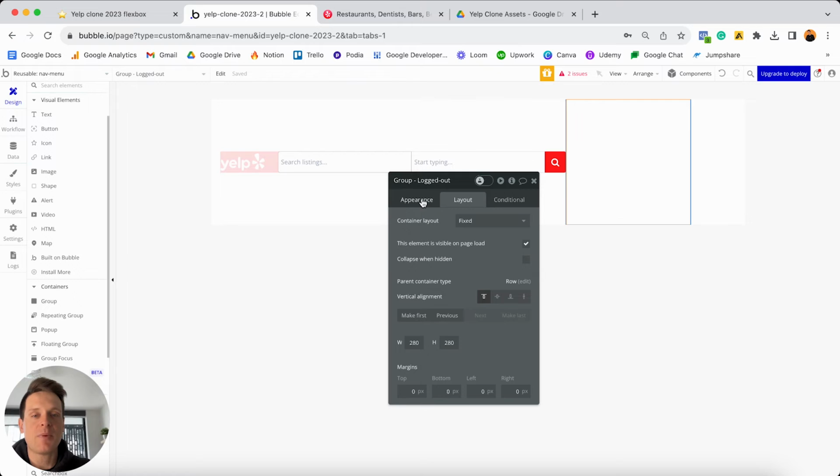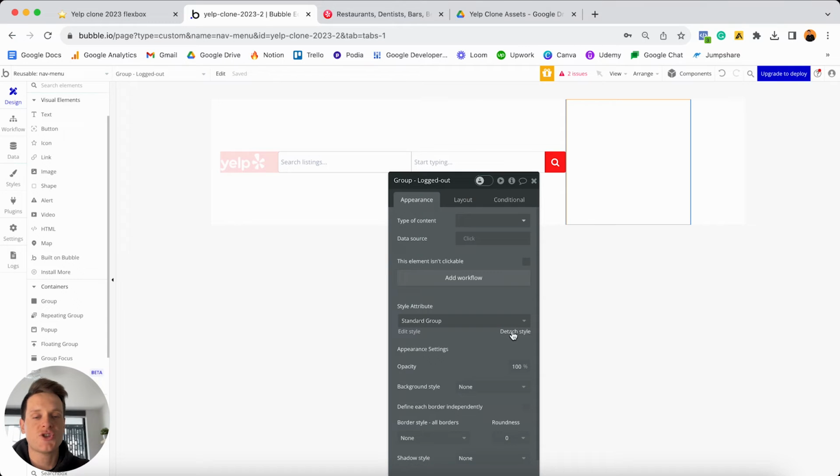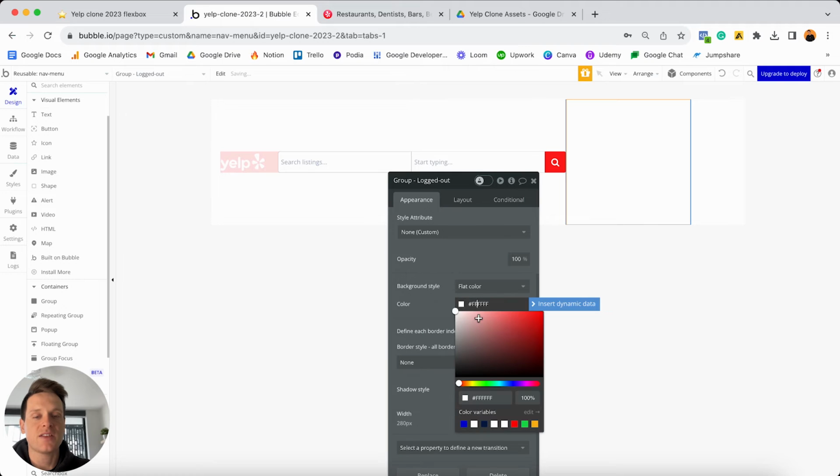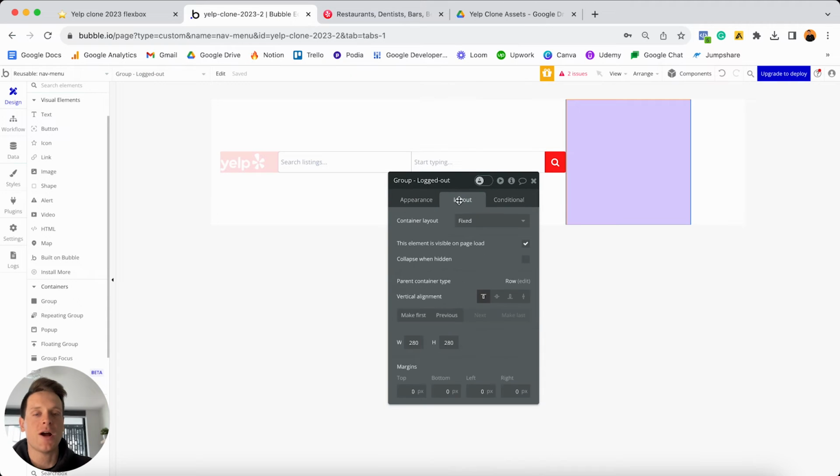I'll then jump to my appearance tab, because what I'd like to do is just attach the default style of this and just give this a flat background color for the time being. And look, I could make this, let's say, a light shade of purple. That will do. Then from here, I'll jump to my layout tab and set the container layout to be a